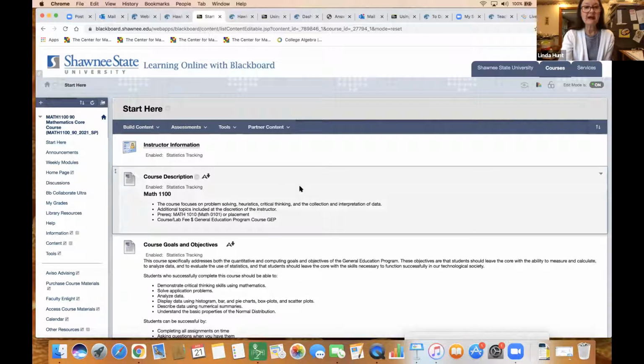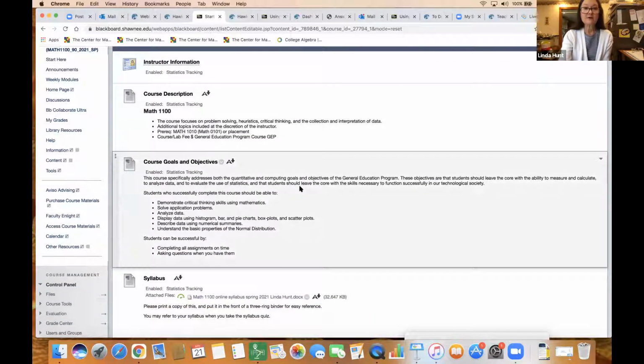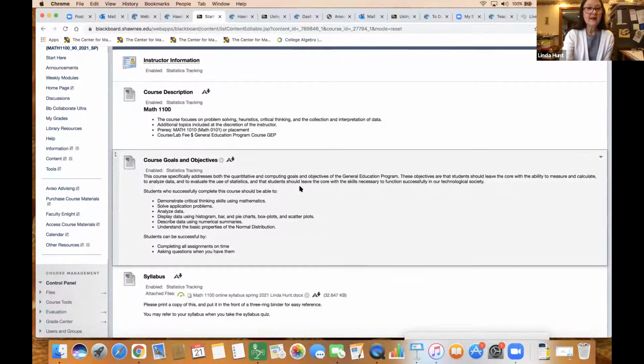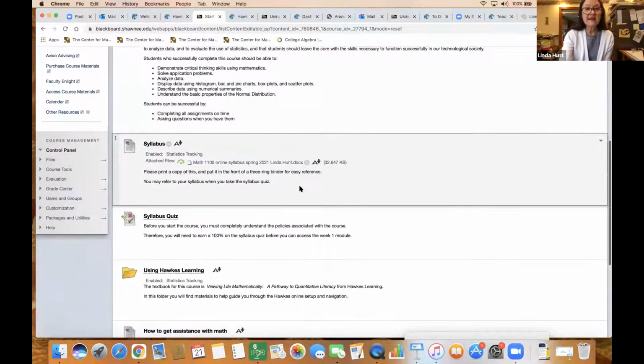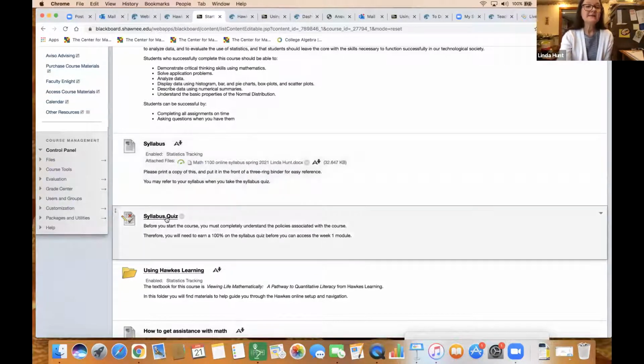Also, I've got the course description, just a really quick overview, the course goals and objectives, and then the syllabus. And I tell them to print that out because they are going to need that for the syllabus